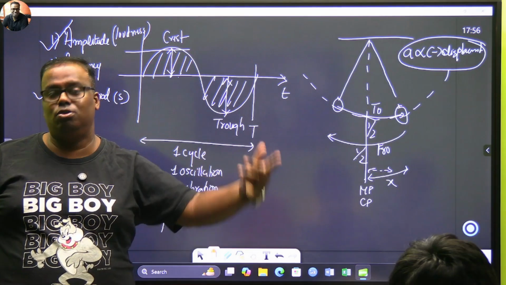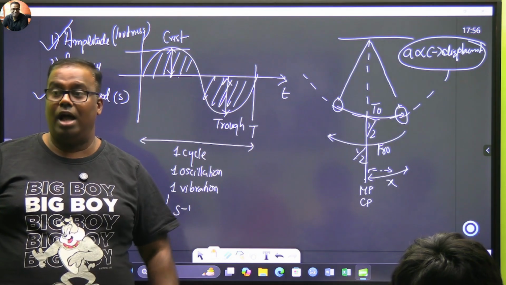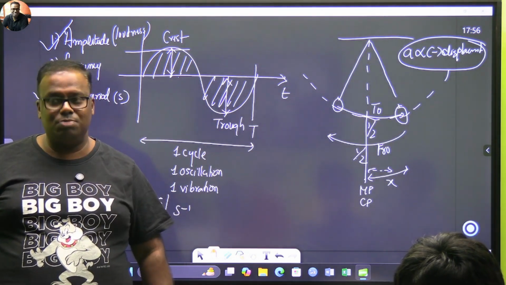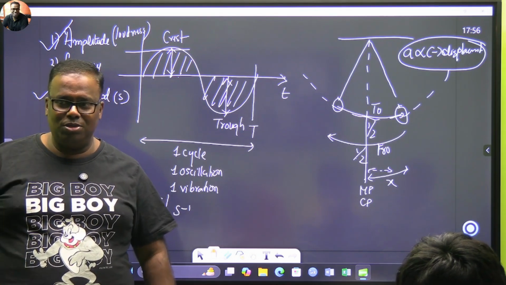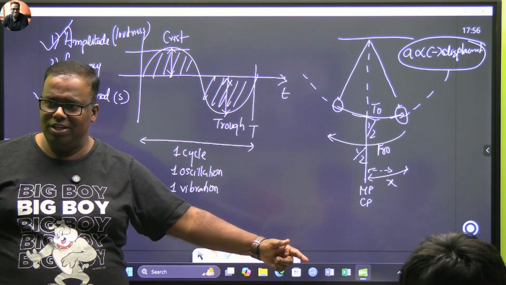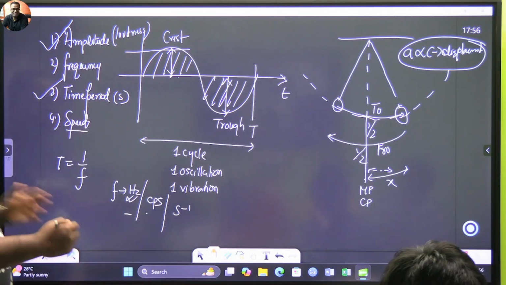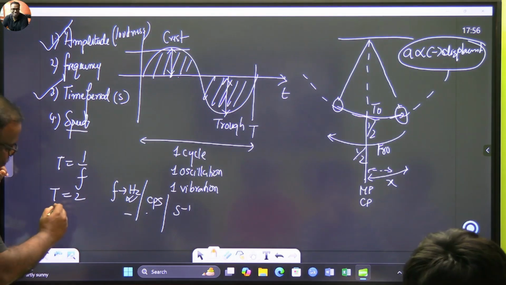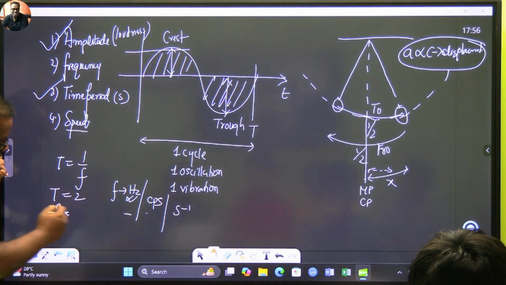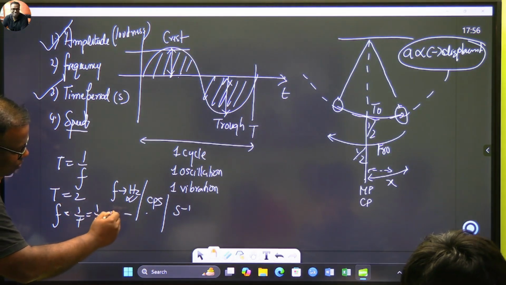अब लेकिन सवाल घुमा के पूछ रहा हूं. To complete one cycle, I take 2 seconds. What is my time period? 2 seconds. Therefore, in 1 second, how much I have done? Half the cycle only. So, my frequency becomes 0.5. देखो अभी हमने क्या कहा था? हमारा टाइम पीरियड है 2 seconds. तो हमारा फ्रीक्वेंसी कितना निकला था? हाफ ना. फ्रीक्वेंसी इज ऑलवेज 1 by टाइम पीरियड. 1/2, which is nothing but half, which is 0.5.